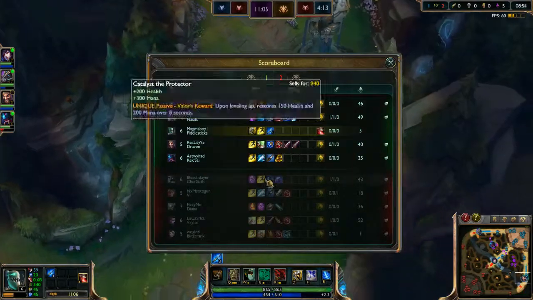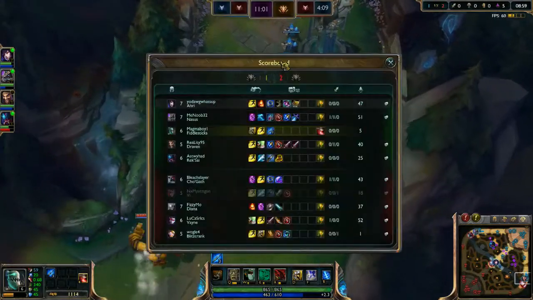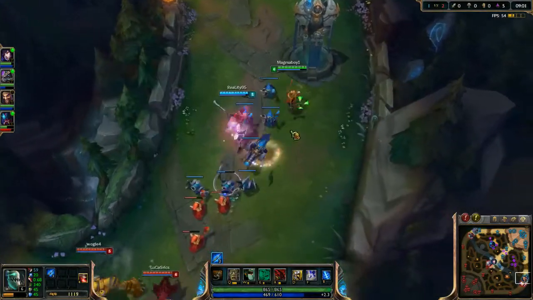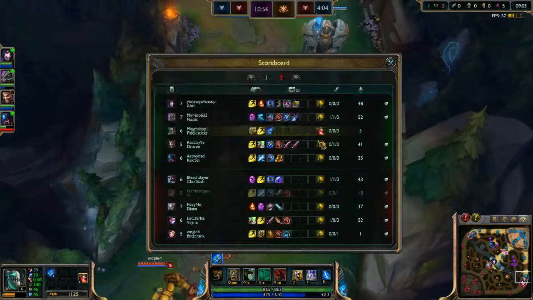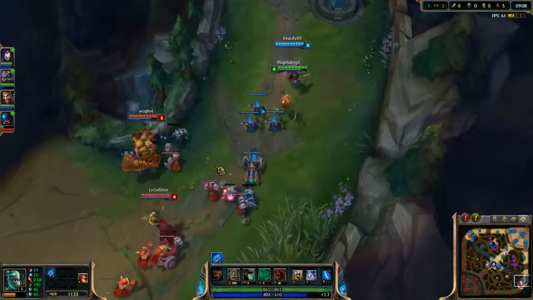Vayne is very weak in the early game, but if we let her scale and get items, she's going to become way too strong to handle, so we've got to be careful of that. And Blitzcrank is just Blitzcrank. He pulls you, he knocks you up, he's really painful. And Vi isn't, apparently, as far as we can tell,